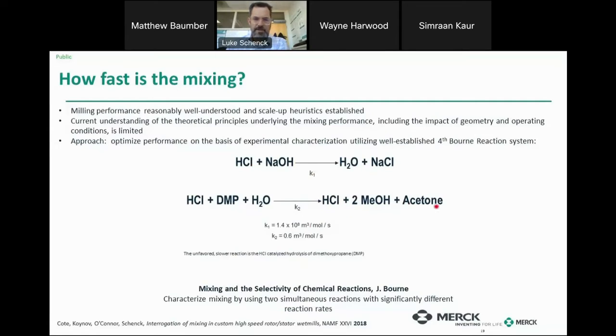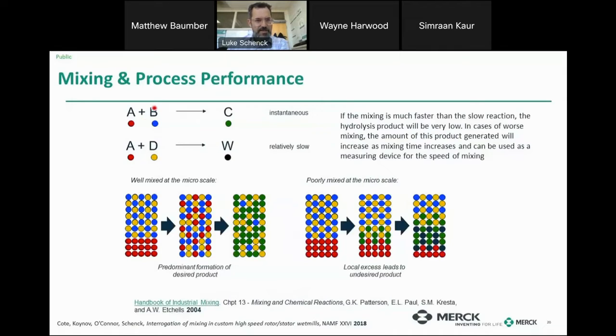So you can run this reaction, track how much of the undesirable product is present, and get an idea of what the mixing in the system looks like. So what does that look like? If I run with an excess of my base, with this instantaneous reaction, all of the acid should be consumed, and I won't see any of that undesired product of the acid catalyzed degradation of DMP, this undesired product W. So again, ideal mixing at microscale, I don't see any of the undesirable product. If I have poor mixing at the microscale, I don't consume all of the acid with this instantaneous acid-base reaction. I have some acid present, and then on the time scale of this parallel reaction, I could form the undesired byproduct,